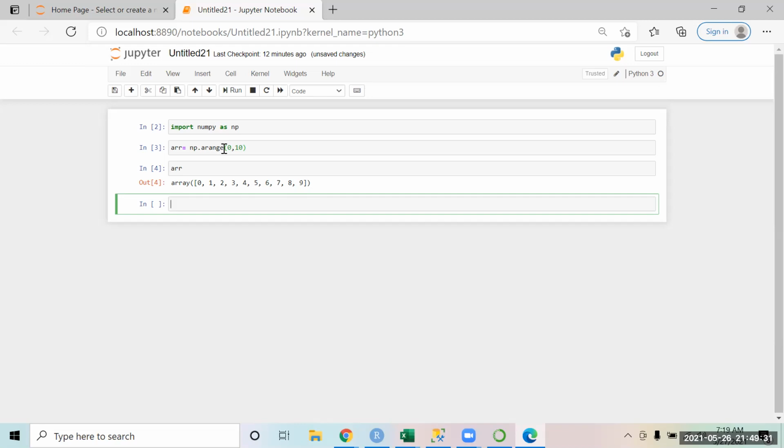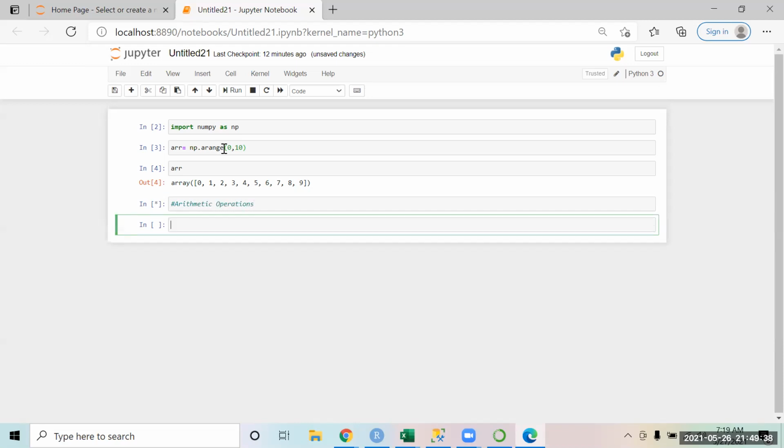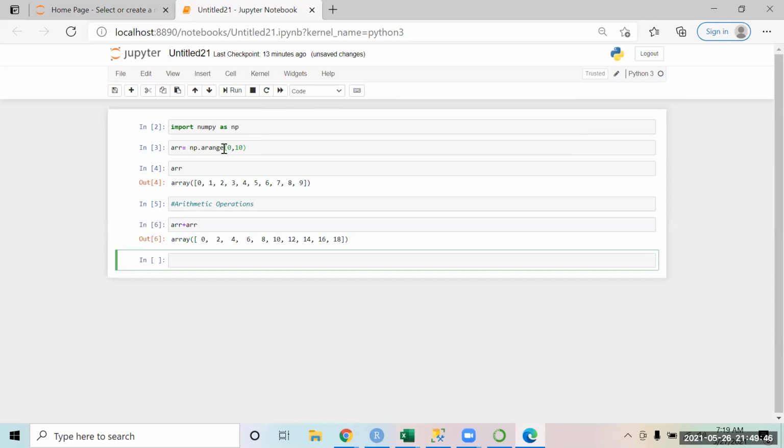When we talk of arithmetic operations, like you want to add two arrays, if you say array plus array, it is just going to add the numbers, 0 plus 0, 1 plus 1, 2 plus 2, index by index. If you want to do multiplication or division on that array, you can easily do that as well.